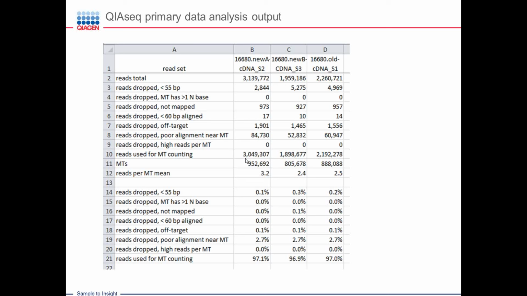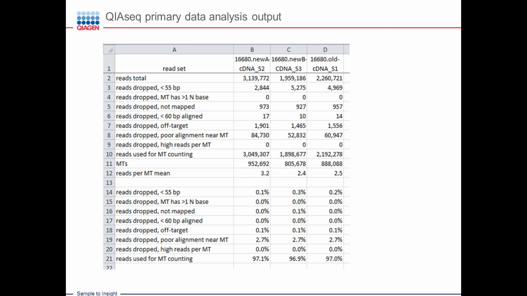And what this says is, of these 3 million reads, there were 952,692 unique molecular tags. So you read 3 million reads, and on average, each unique RNA was read 3 times. In this sample, each unique captured RNA was read 2.4 times, and this one 2.5 times. And that's a reasonably good number. You don't gain very much by reading deeper. If you read those samples twice as deep, that number may not change very much. It may go up,